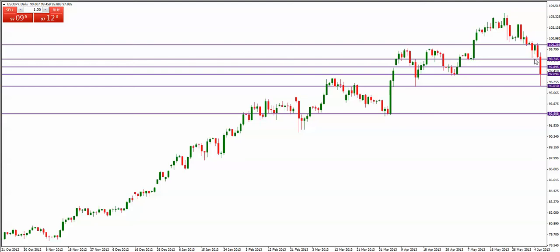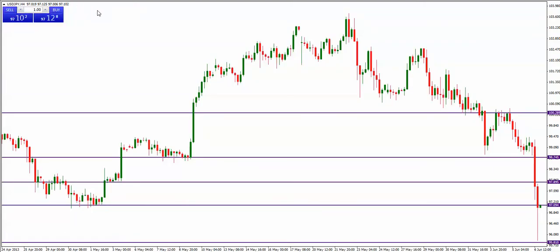Our first target was 98.75. Our second target was 97.80, and our third target was somewhere around $97. And our fourth target, 95.80, fulcrum area. Now let's go to the 4-hour chart to see more in depth